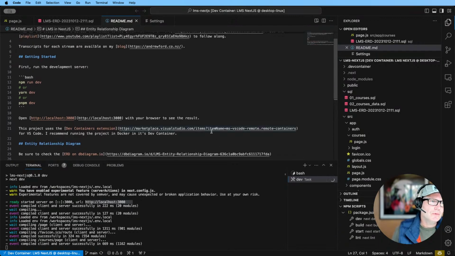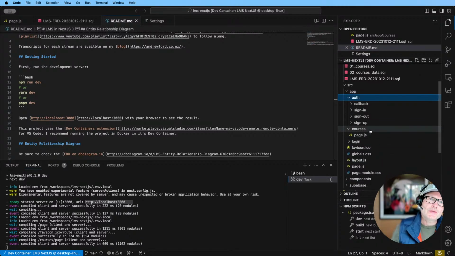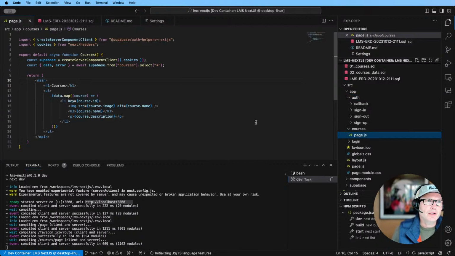The project's running at the moment. You can see I've got it running under a dev container for my project. So I've got a Docker running, and the actual project is running like so. Now let's go to the courses folder. So with this, I've got a page.js, and in here I've got basically the courses heading,